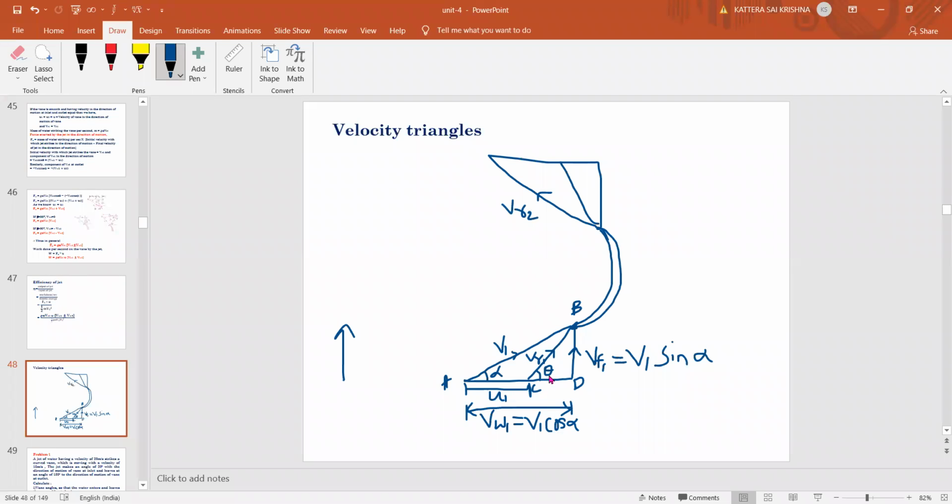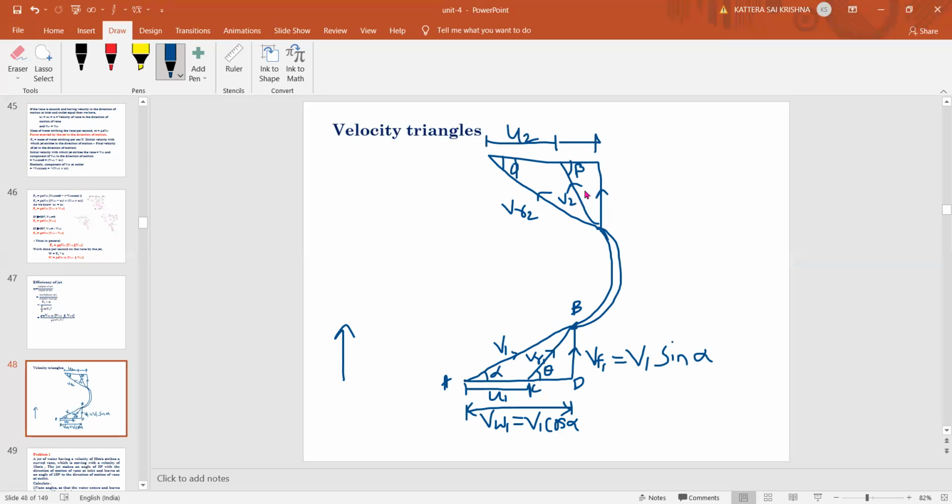So for VR1, it is making angle theta here. So VR2 will make an angle phi, symbol phi. Next here it is V2, right? Between both VR2 and V2, the velocity will be your blade velocity, that is U2 here. This is the vertical component of V2. So this is V2, which will make an angle beta with the horizontal. This is angle beta, right?